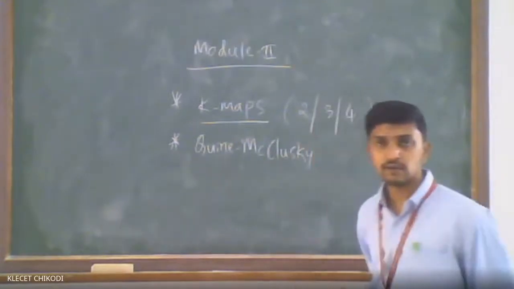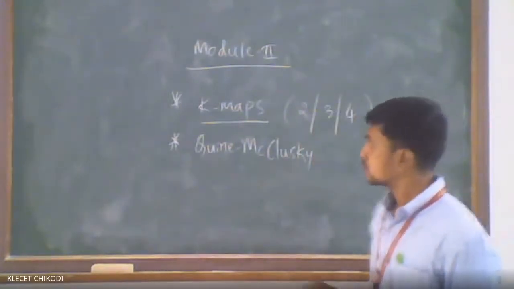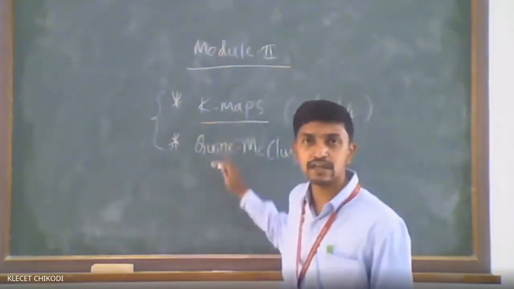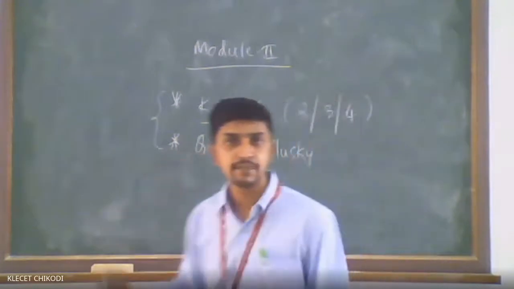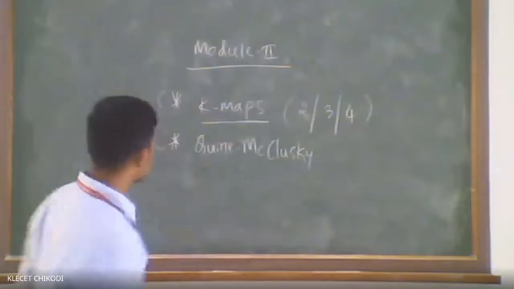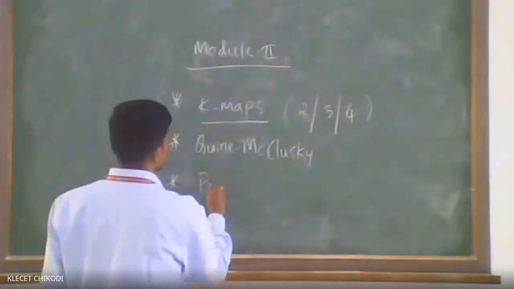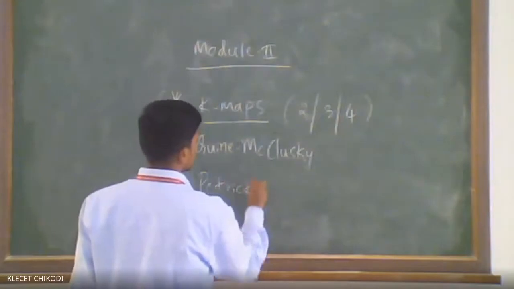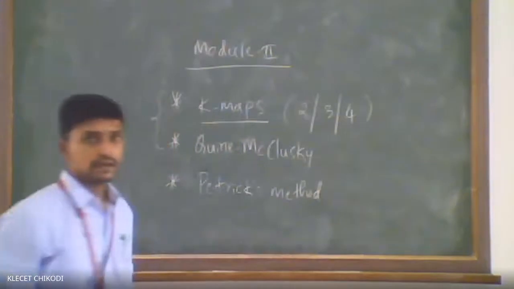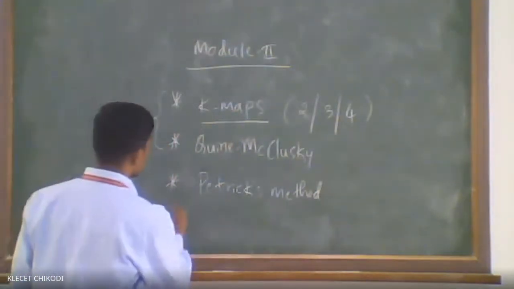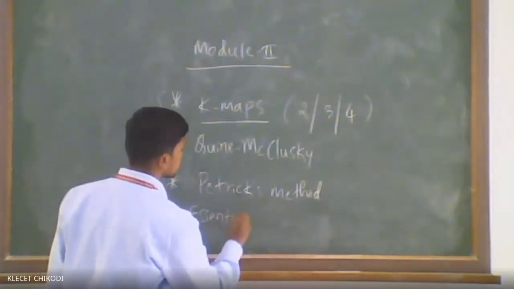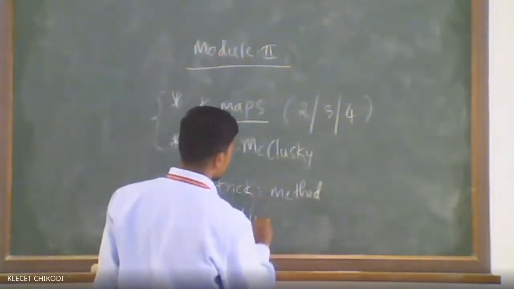Quine-McCluskey method of solving the Boolean expression. Whatever methods I am telling, those are the methods to solve or simplify the Boolean expression. One is the K-map method, one is the Quine-McCluskey method, and there is one more, Petrick's method available. And after that we'll see what are the essential prime implicants, that is essential and